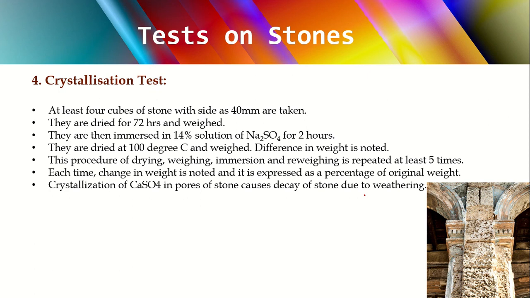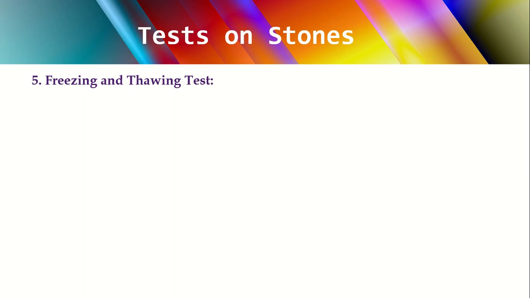If this is within the limits, no issues. If it is greater, it will cause pores in the stone. It will indirectly decay your stone. So you can see in the diagram how pores are formed on the surface itself. So one has to note the difference, and if any notable difference is there, you have to stop using the